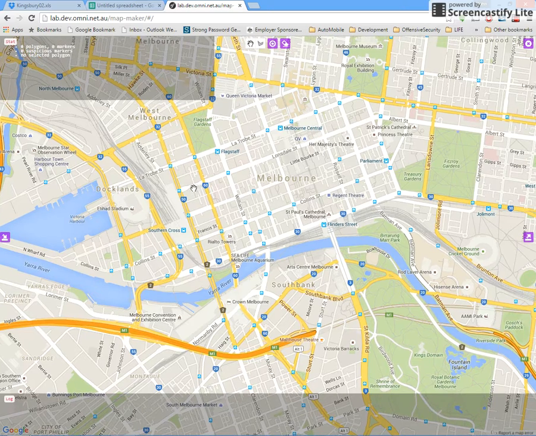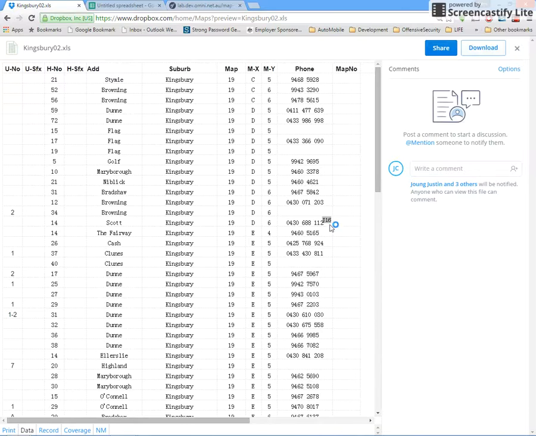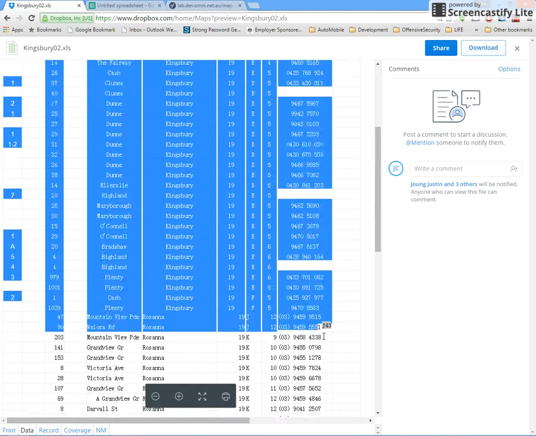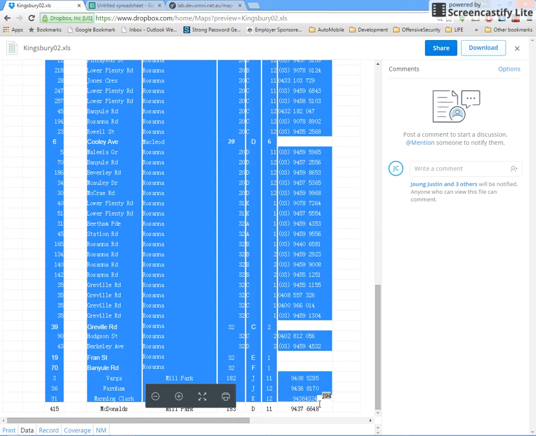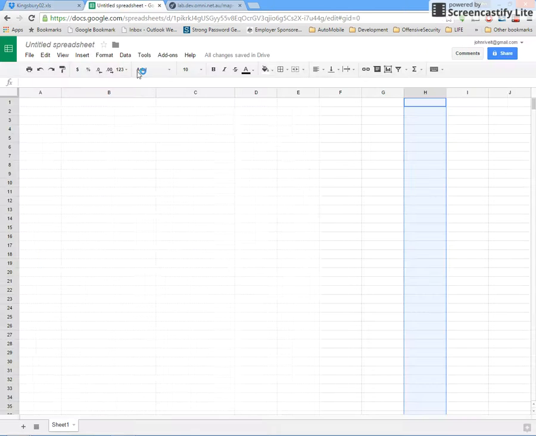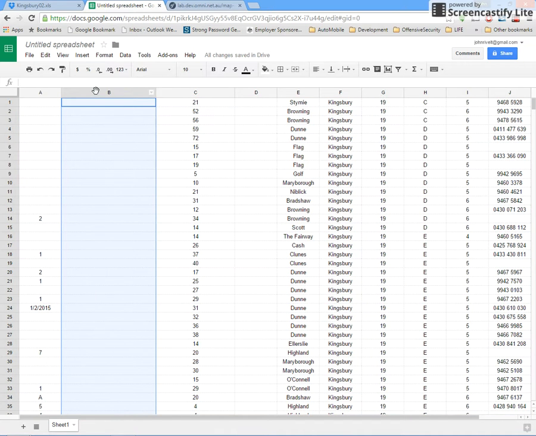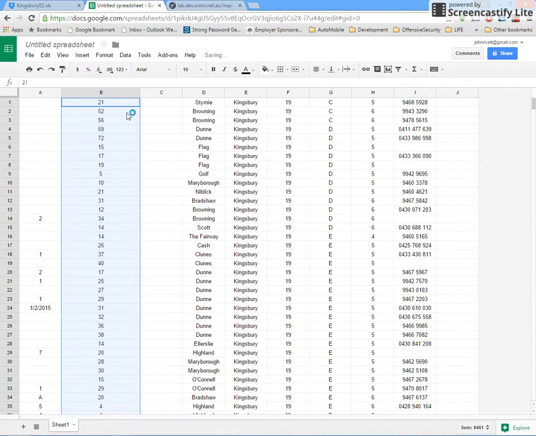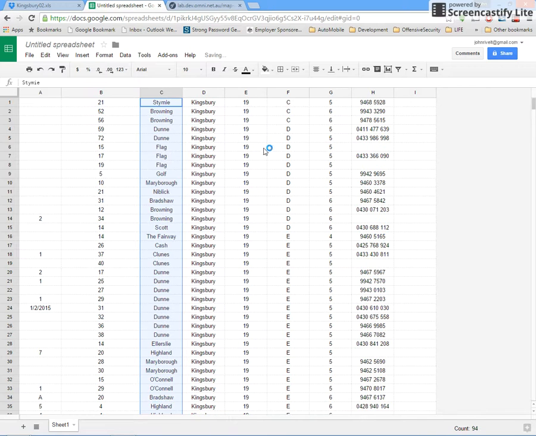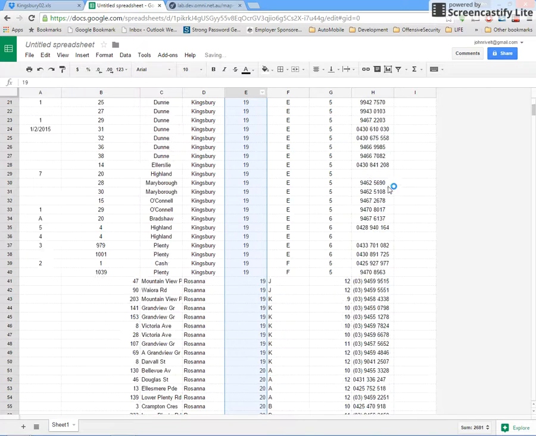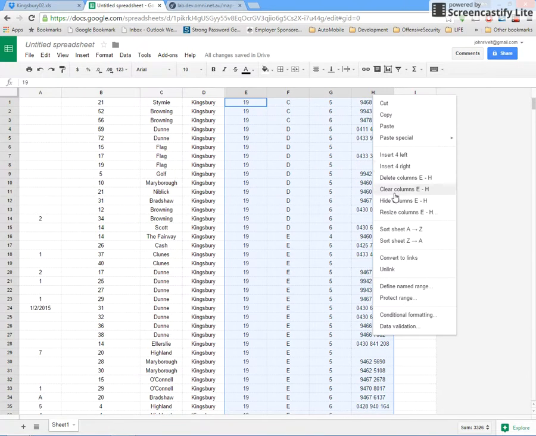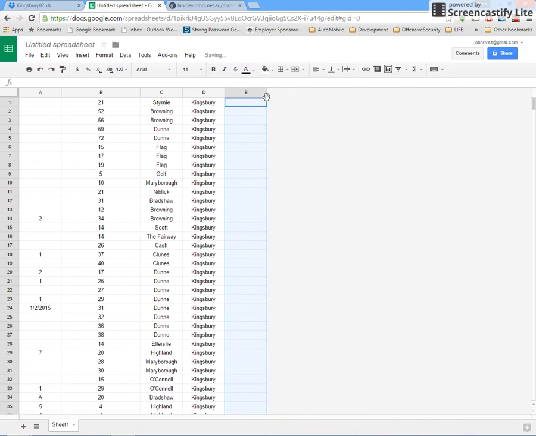So what I want to do is grab some addresses from here. Maybe I'm going to create a Google document and copy and paste, and sanitize some of your data. For example, this one I don't need, so just delete.